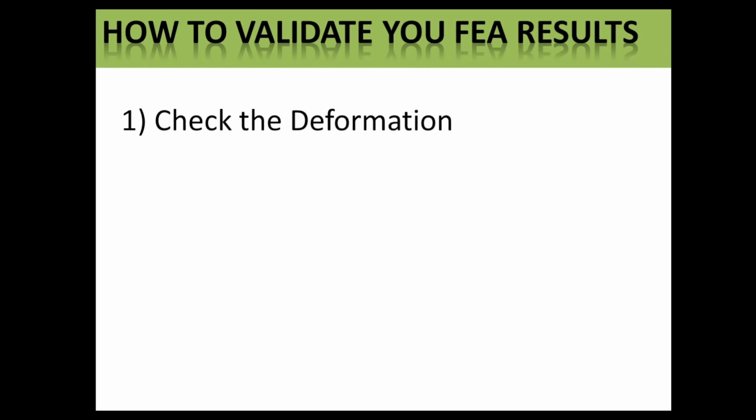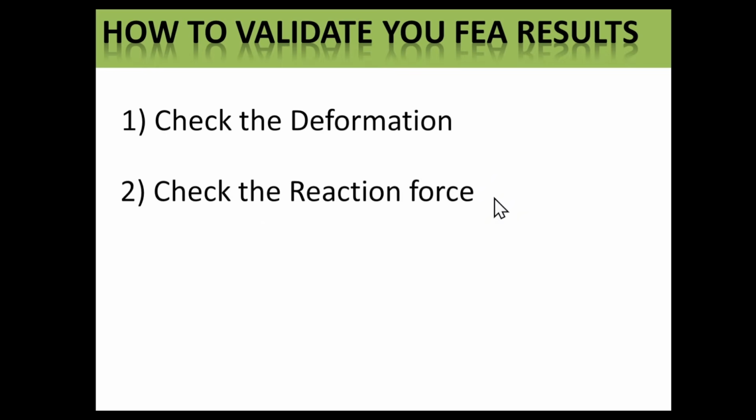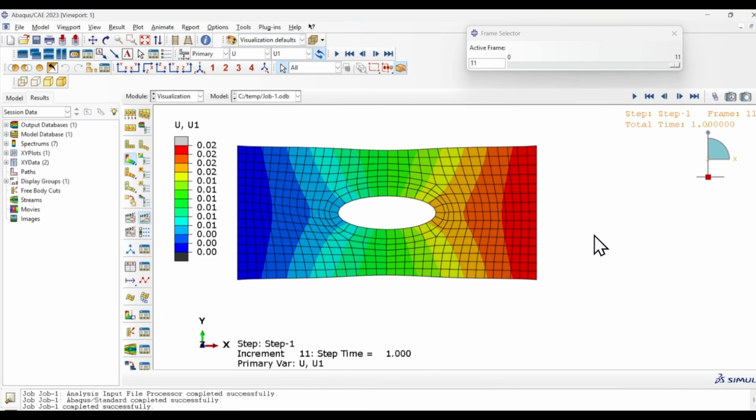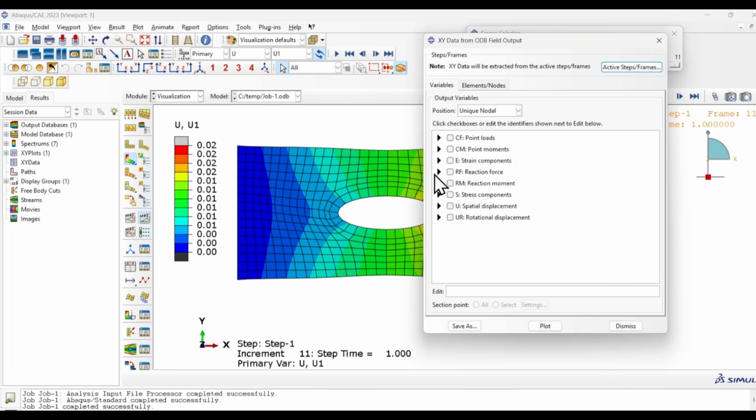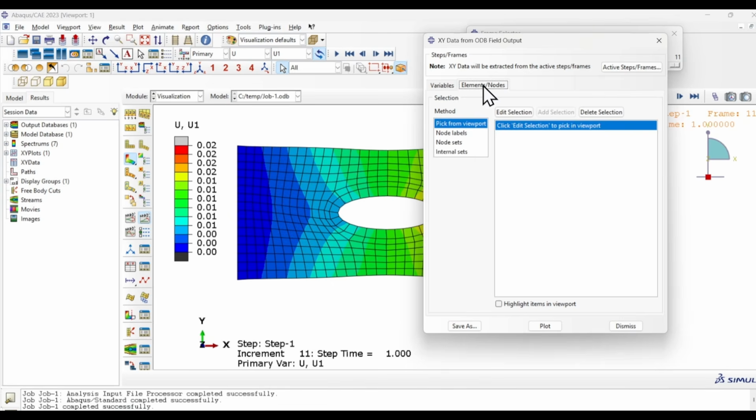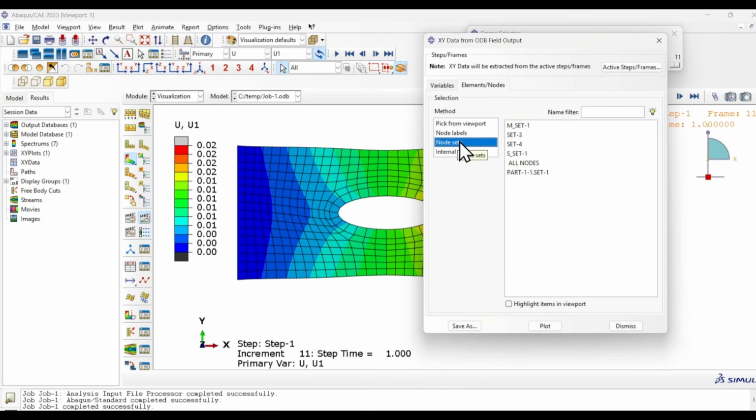So the second check is reaction force. We applied a load of 2000 newtons to the model, but how can we confirm that the complete 2000 newtons load has actually been transferred through the model? For this, we need to check the reaction force at the fixed locations. To do this, go to create XY data, click on ODB field data, click on continue, click on RF1, click on elements or nodes, click on node sets, click on highlight items in viewport,